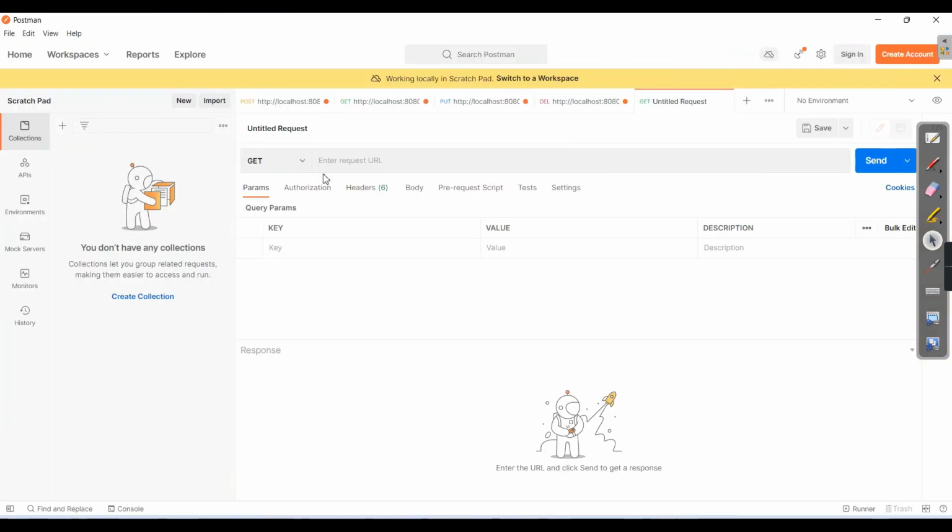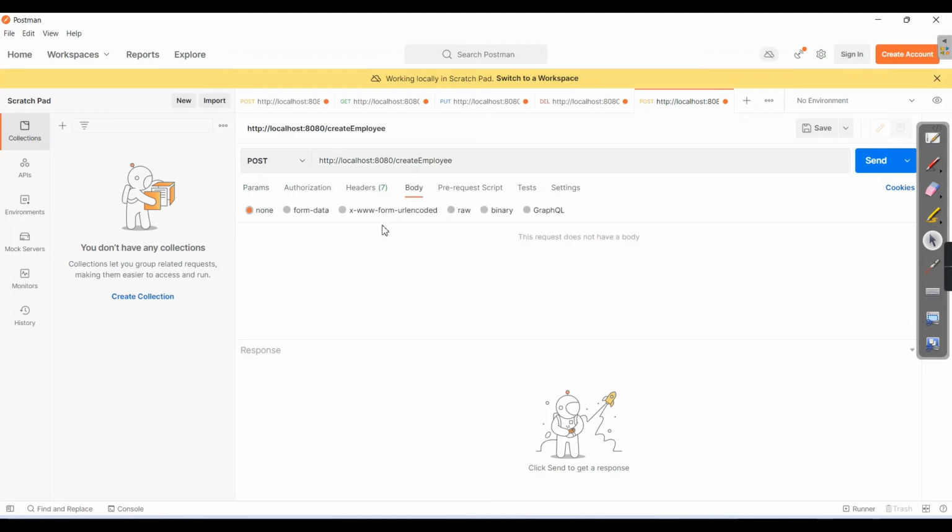Now let's perform the simple operations. First, let's create a new employee. I mean to say http://localhost:8080/create-employee. Under the body, select raw and then JSON. Here we need to pass the employee name. First it's going to be Shiva Prasad,